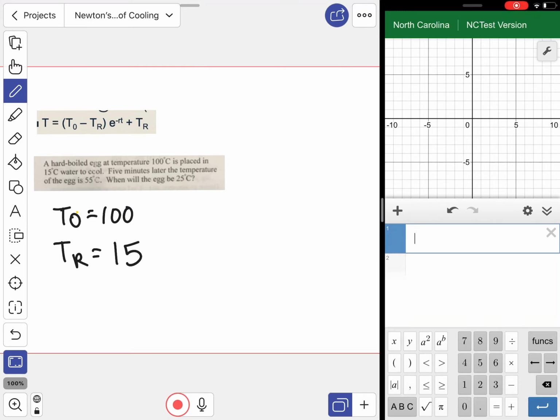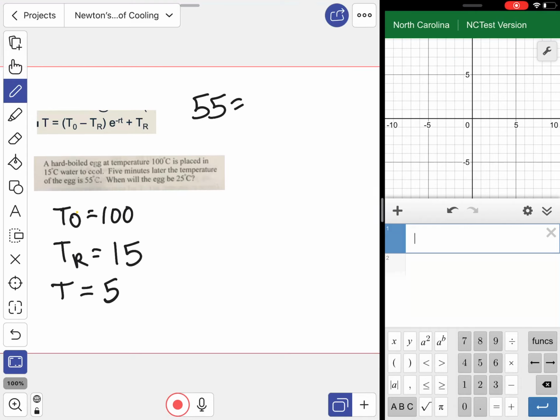And again, this equation, I think I got it from the notes on the PowerPoint. It's adjusted just a little bit from the one that I used for the video, but it still works the same way, still the same information. And then it says that 5 minutes later, so my time is going to be 5 minutes, and the egg reduced to 55 degrees. So that is going to be my ending temperature, which is what we're going to set it equal to. So I'm going to have 55